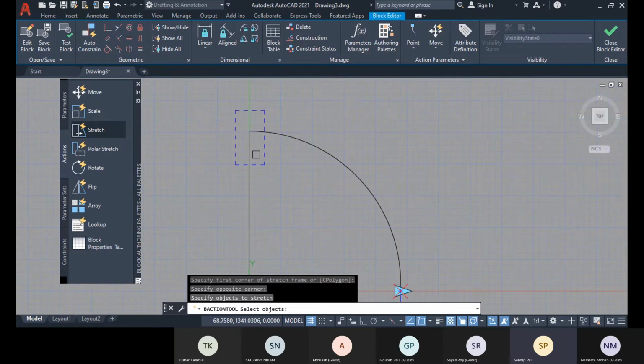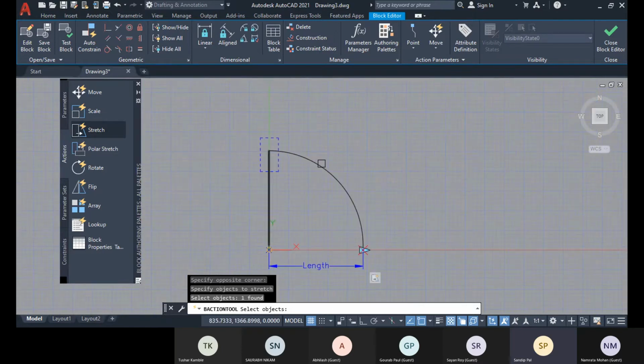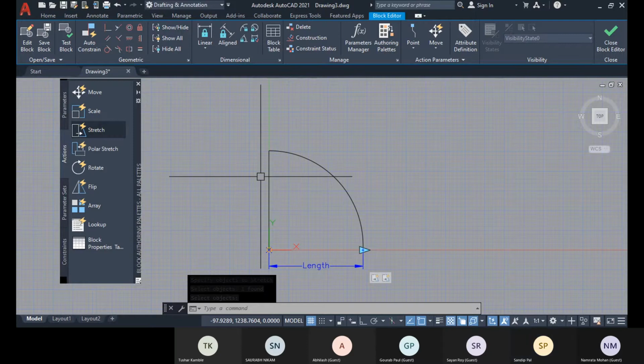I already have explained about the stretch, so you all know why I'm selecting this stretch corner, and then I'm selecting this object, and you press enter, and I have this another stretch action, right? So to one parameter, we can give multiple actions.